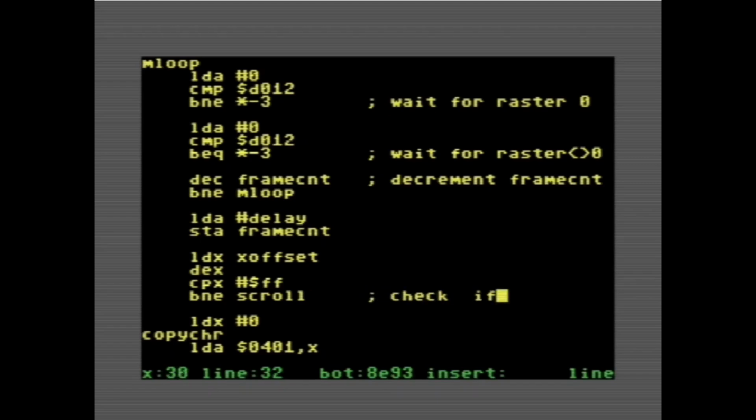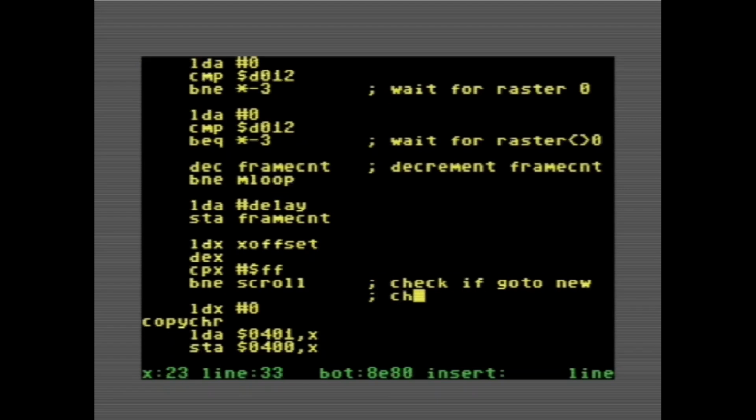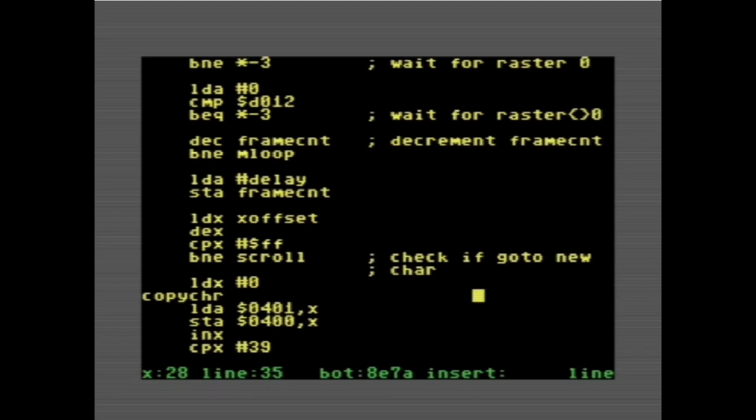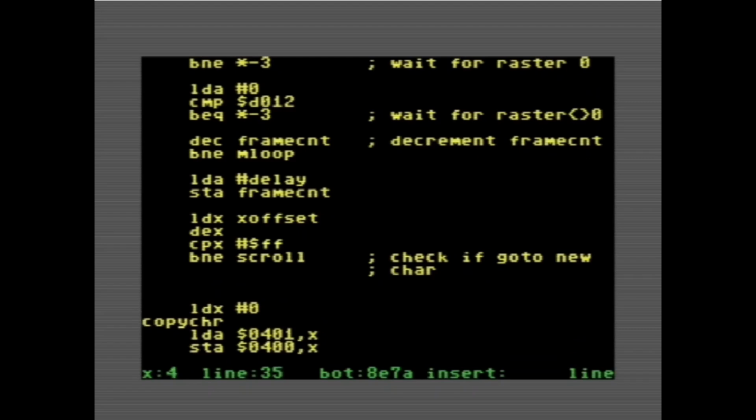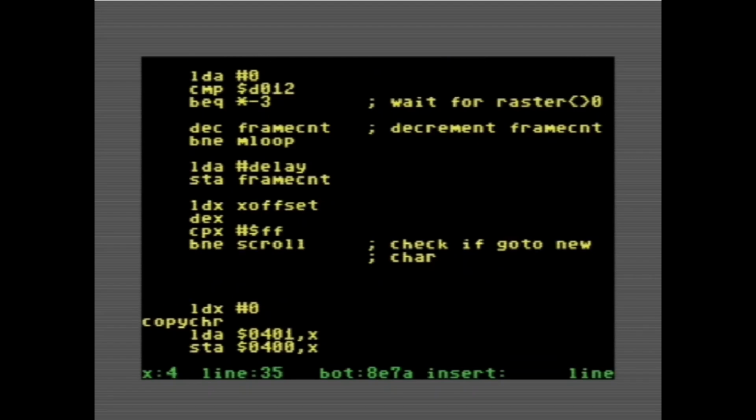Here there's a bit of logic. If the x offset is greater than or equal to 0, we shift the screen by 1 pixel to the left. Otherwise, we reset the scroll bit value to 7. We move each character by 1 position and we generate the next character on the right border as shown earlier.